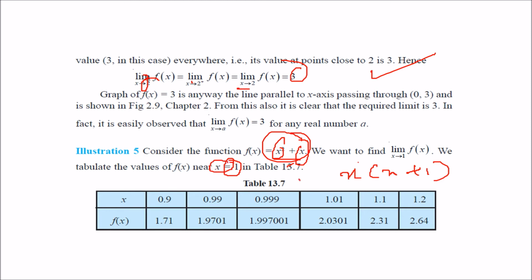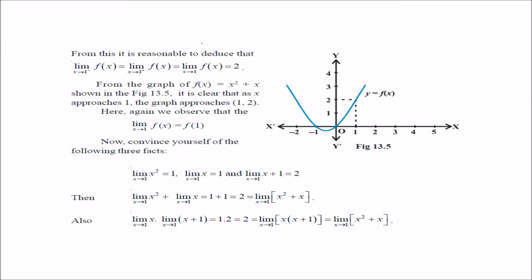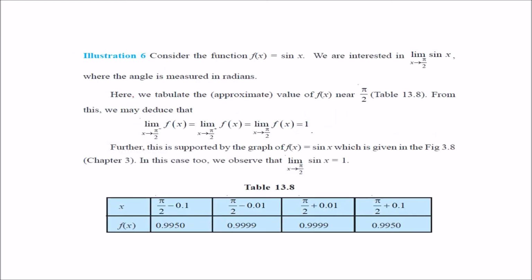x equal to 1, so take values which are less than 1, greater than 1, and you always see that there is no dramatic change in x square plus x. So in this case also, but one thing you need to know is that this x square plus x can be taken as x square plus x, x times (x plus 1), or individually, and they are going to give you a similar value. One more function is f(x) = sin x, and we are interested in the limit as x